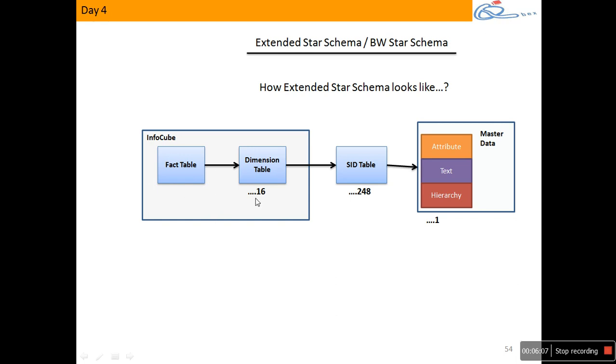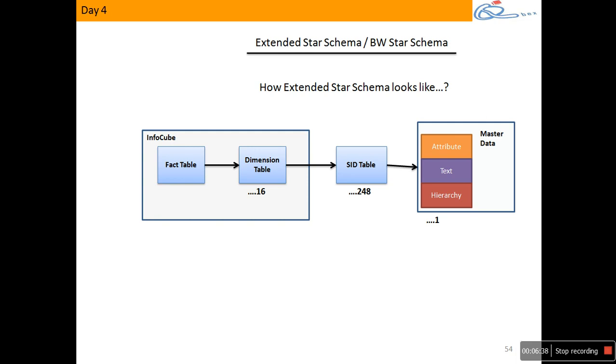Now if you look at this link, it says 16. What does it mean? Your cube will have one fact table connected to a maximum of 16 dimension tables. Why, what, how, we'll get into that, but just as an overview. This fact table will be connected to a maximum of 16 dimension tables. Why only 16? We'll see. The fact table will have all the key figures, the measures, and it will be surrounded by 16